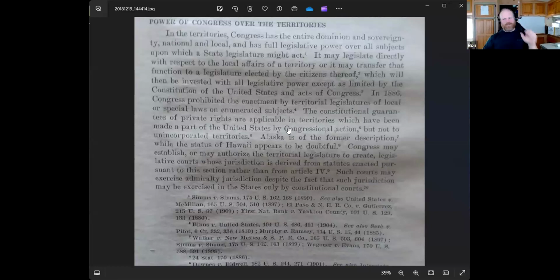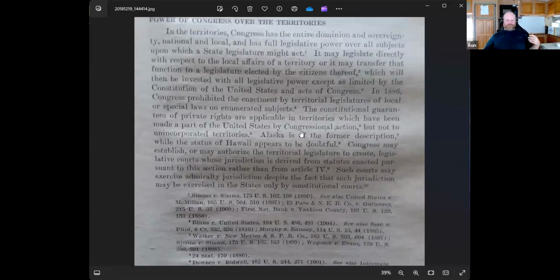I have to keep hammering this home. This isn't some book a guy wrote. This was created by the Government Printing Office under a Senate joint resolution, I believe 69 at the time, 1952, and was written by some of the most brilliant legal minds of the time, 4 members of Congress. Okay. All right. So that gives us a bird's eye view of what Congress thinks even now about the federal land issue. This is what they think of it.